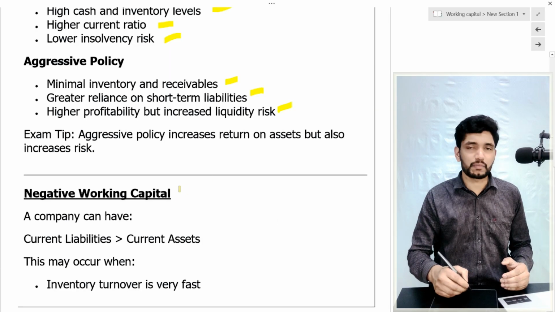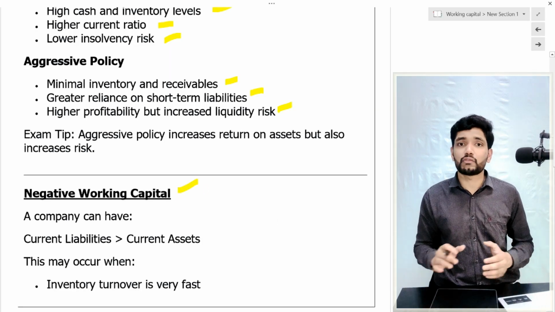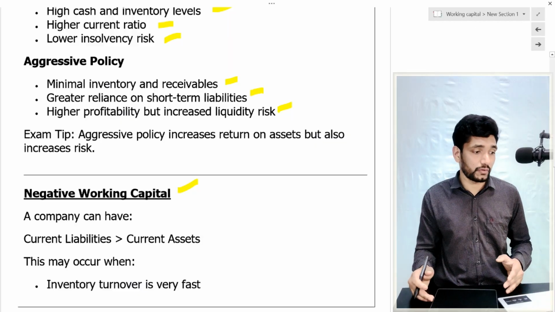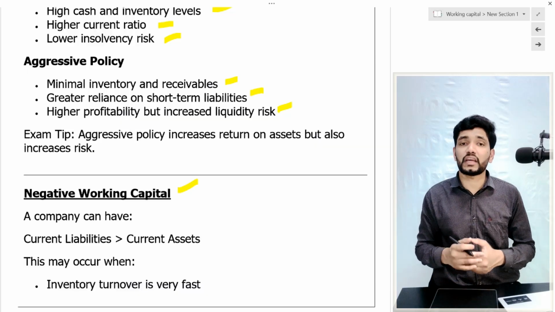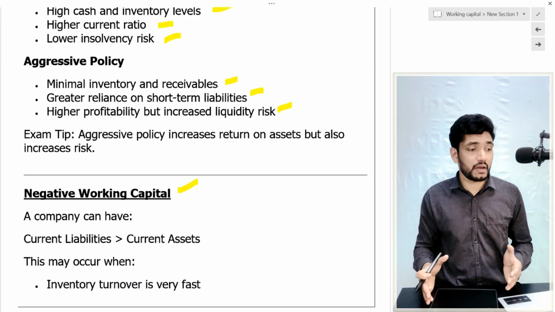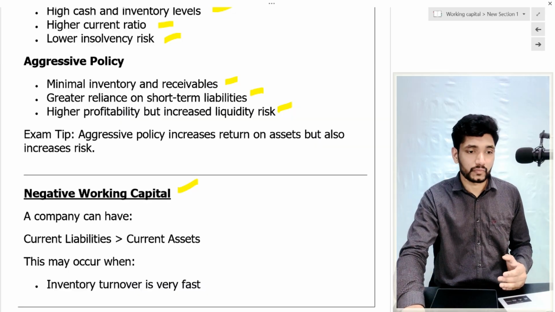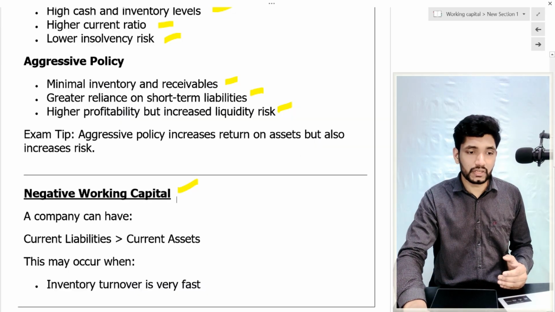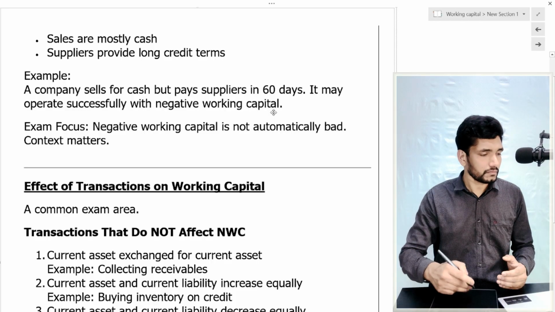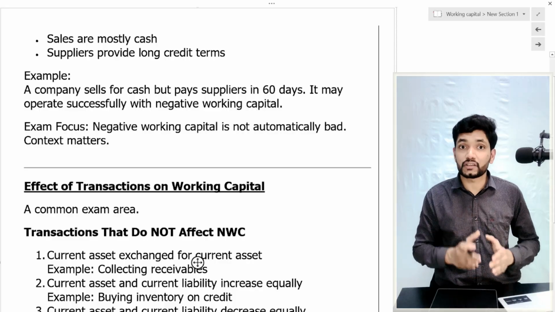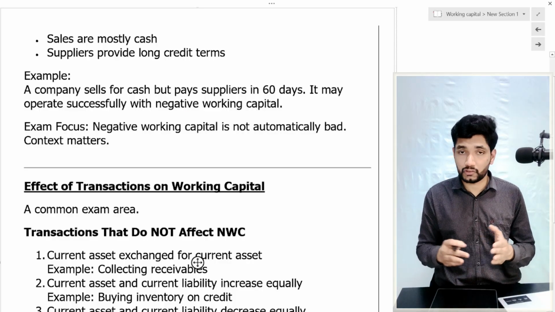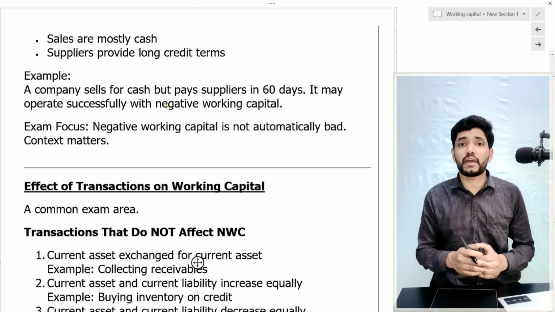Then the negative working capital. Negative working capital means sometimes the working capital can be negative. Suppose our current liabilities are higher than the current assets, in that case our working capital will become negative. Let's look at an example. Suppose a retail company sells only for cash, there are no credit sales,